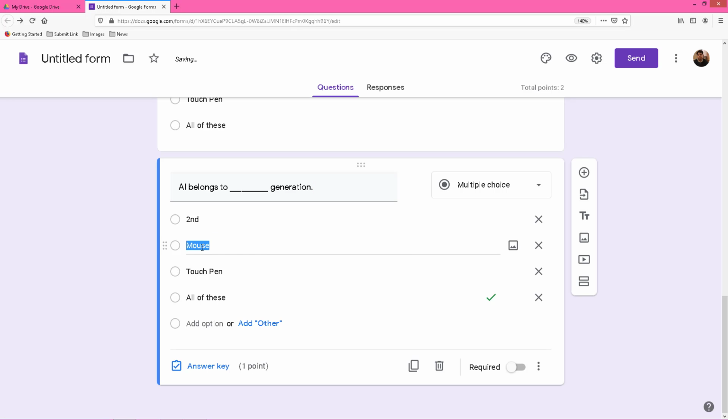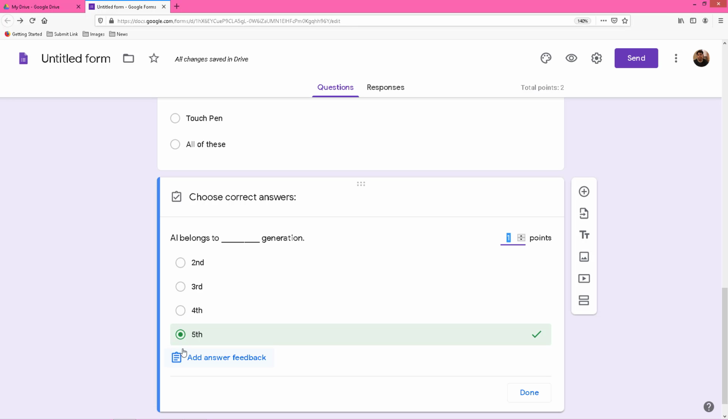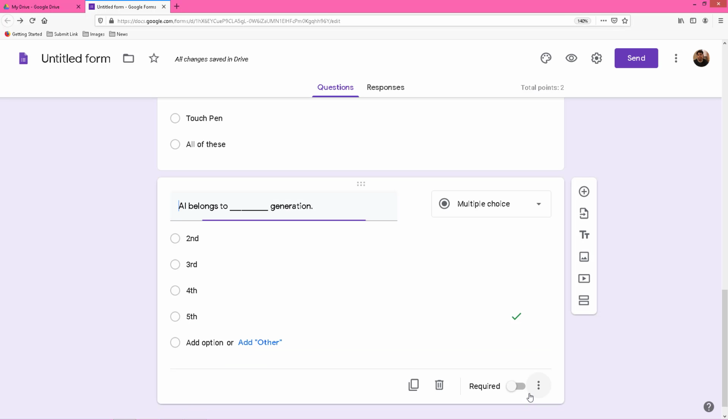Second, third, fourth and fifth. Again I will go to the answer key. We'll select the right one and allot the mark. Finally we'll click done.